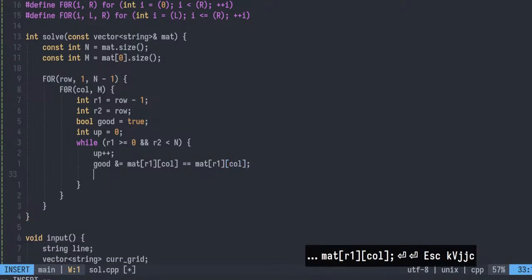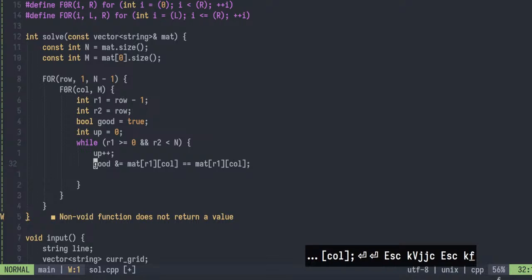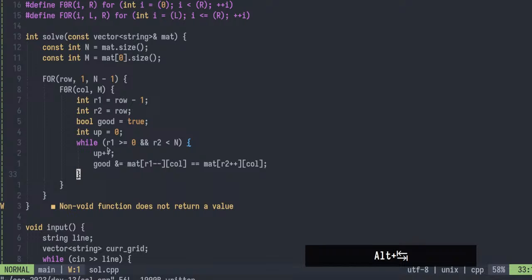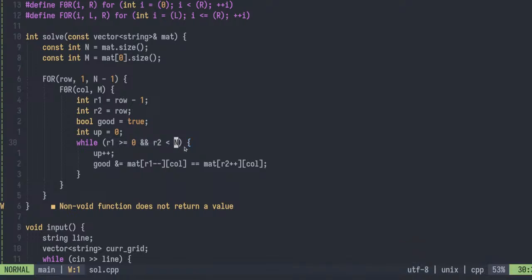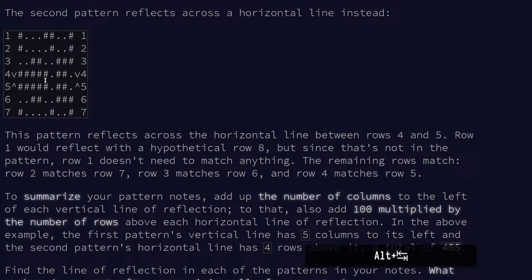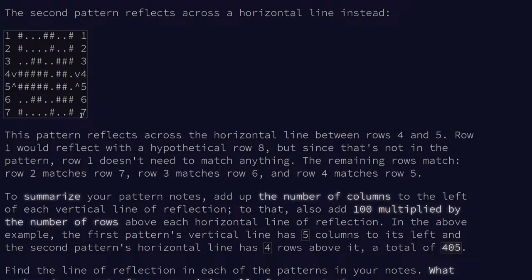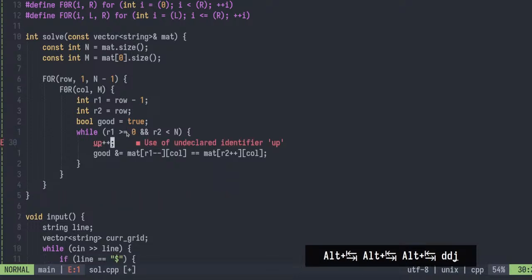Then we will change, sorry, it should be r2, r1 minus minus, and r2 plus plus, because we will take this row above and the r2 row down as long as they are inside. But this will make one thing wrong, which will be like, I'm counting this up, right? So this will end after 3 iterations, so this would be 3, but up should be 4, which is the number of columns above it. So this value is